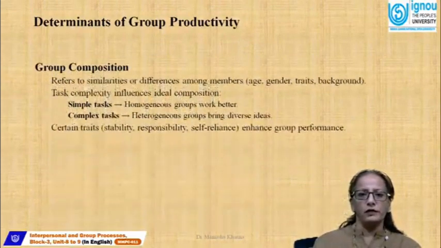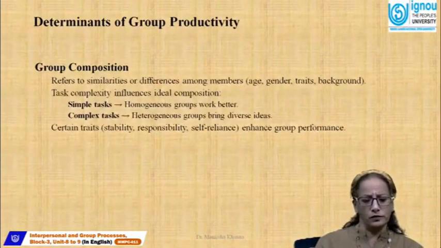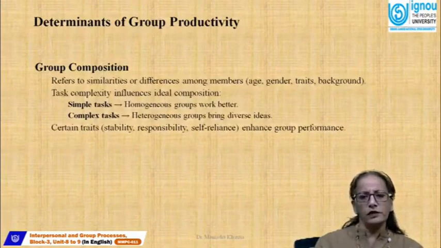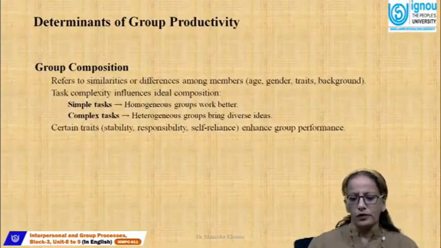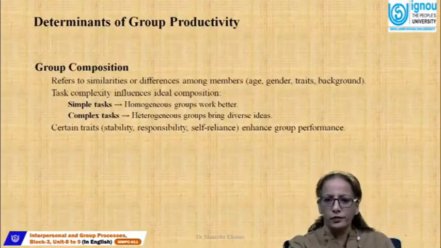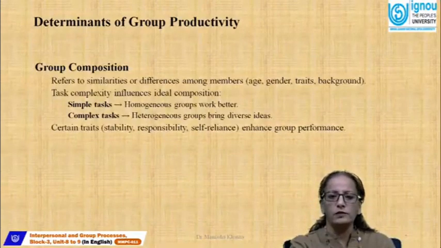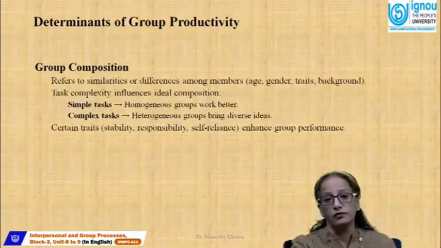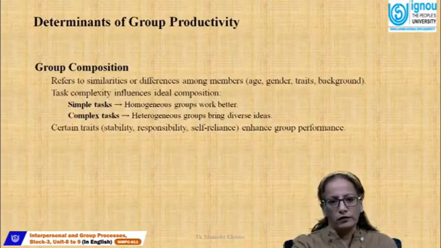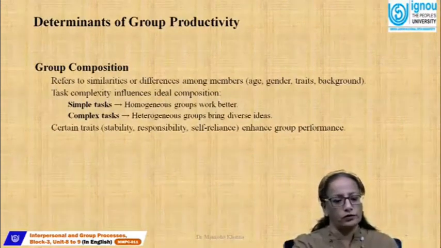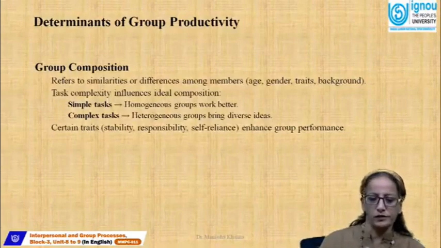Then there is another determinant, that is group composition. The group is composed on the basis of similarities and differences among the members of that particular group. For example, age and gender are one factor. Traits are one factor, as are cultural background and regional backgrounds. Sometimes geographical areas can also be one of the dimensions of group composition. So here the task is completely influencing the ideal composition. If it is a simple task,